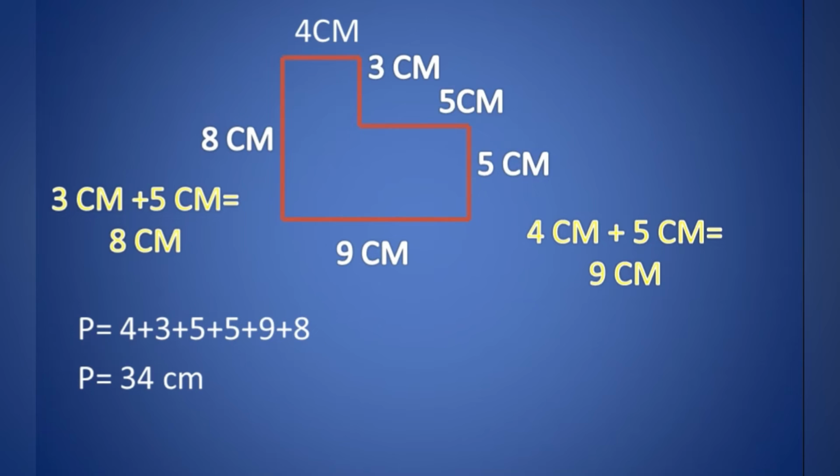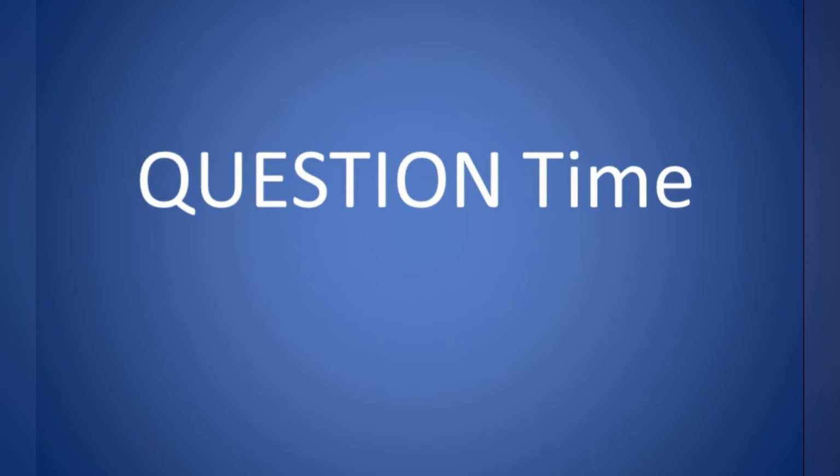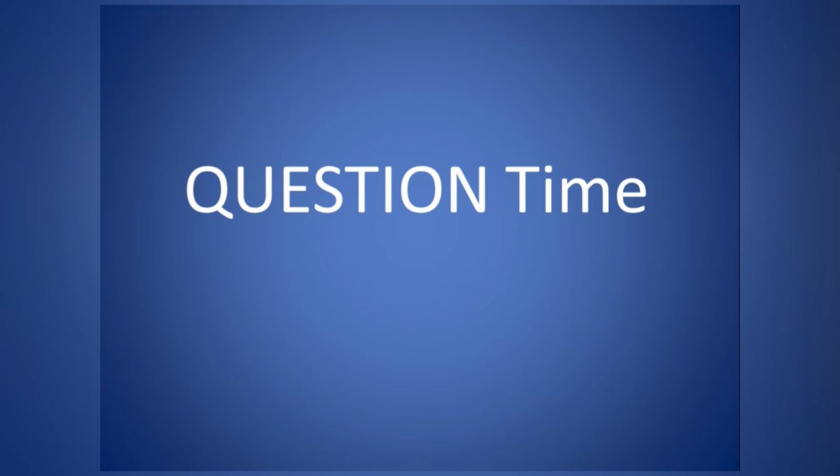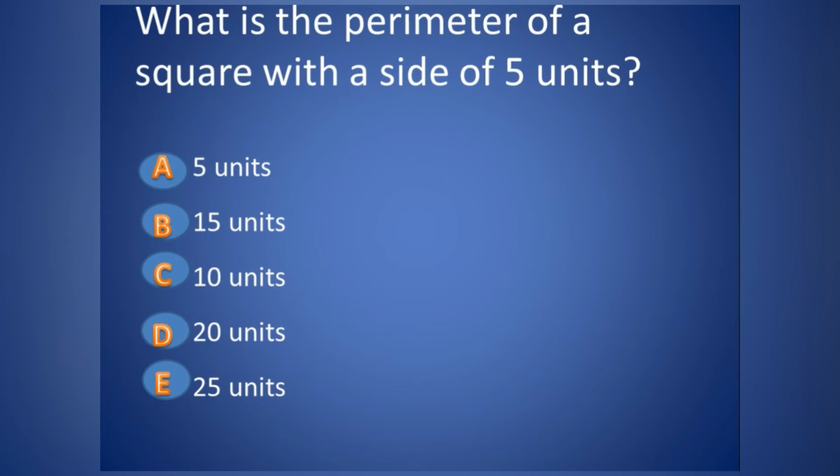Now we are going to answer a few questions. We're going to solve these problem questions. So the first one goes, what is the perimeter of a square with a side of 5 units? So it's the same steps that I've shown you, but this is kind of worded, so I will explain it. So to find the perimeter of a square with a side of 5 units,